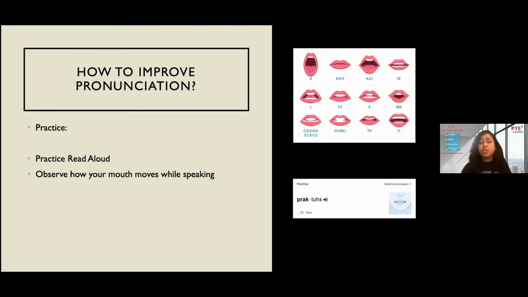For most words, British and American pronunciation is the same, but for some words, obviously there is a difference. So based on which version of English you prefer for your everyday communication, choose that one, British or American. Click on the pronunciation option and see how you can improve the pronunciation of a certain word. And also focus on the mouth position and the tongue position while you're pronouncing specific sounds. That is going to really help you improve and speak like a native speaker.